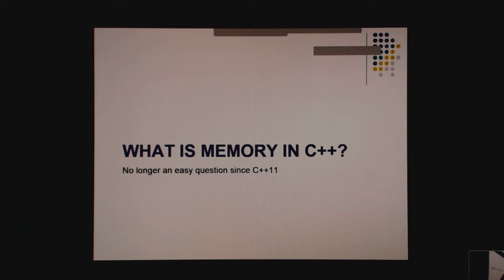Well, think about it like the register declaration in C++. If you disable optimization, register declarations are respected. But if you turn on optimizations, register declarations are ignored because they make programs slower, right? So some things just should be done by the compiler. Let's talk a little about what memory is in C++.